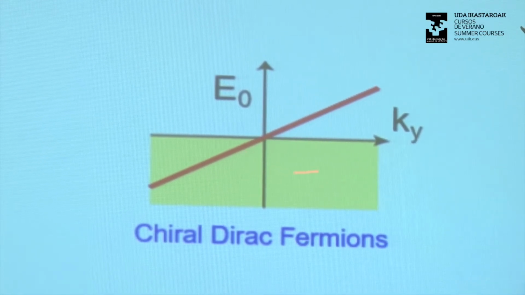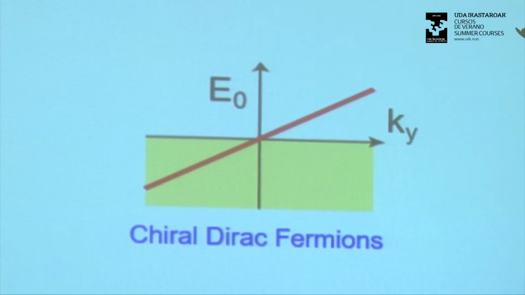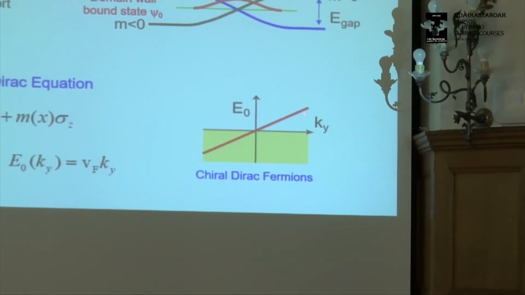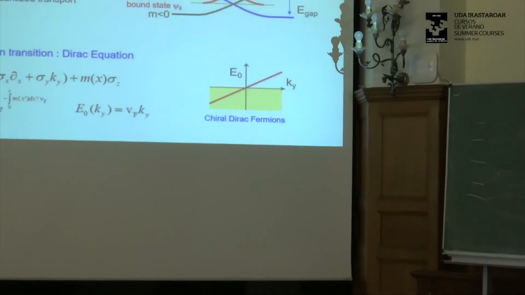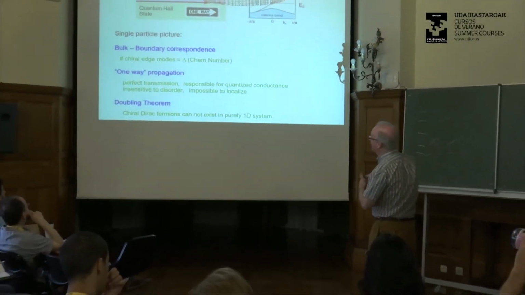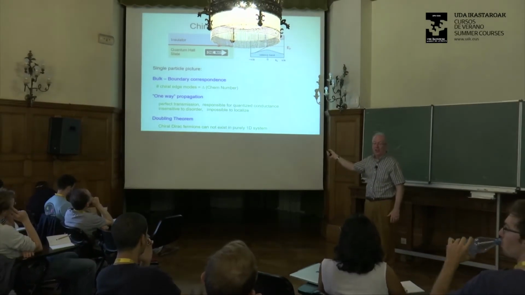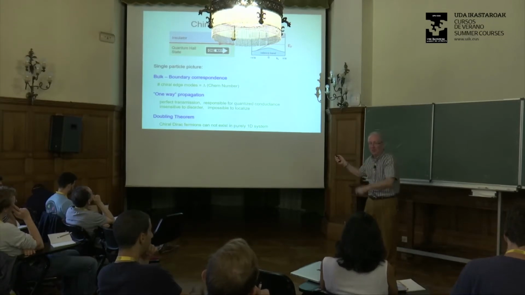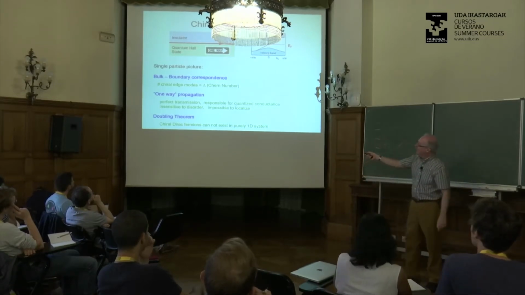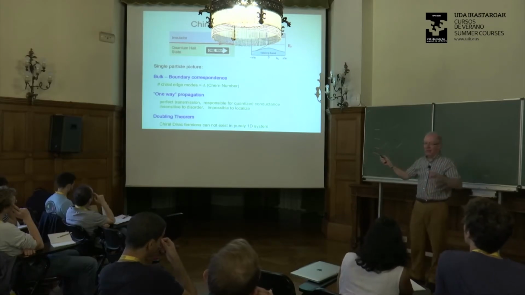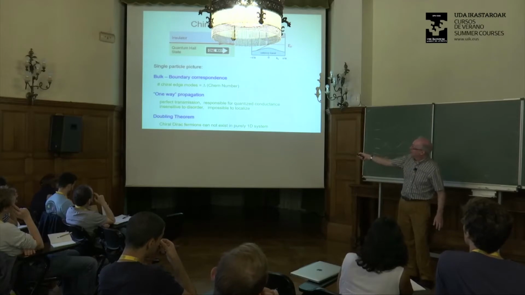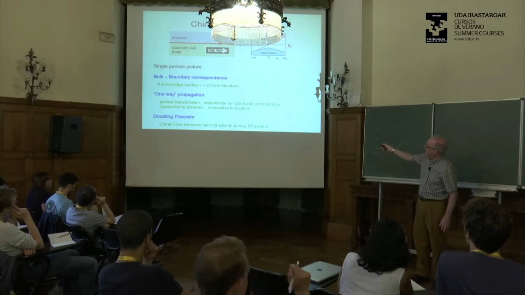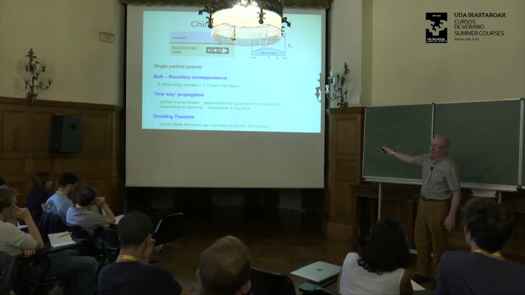Okay, and so these states are remarkable things. We call them chiral edge states, and they're quite remarkable because it's sort of like a one-way street for the electrons. If you're an electron in this, the only thing you can do is go forward. And again, you can think that having the non-zero Chern number in the quantum Hall state guarantees that on the boundary you have some band of states that connects the conduction band to the valence band.